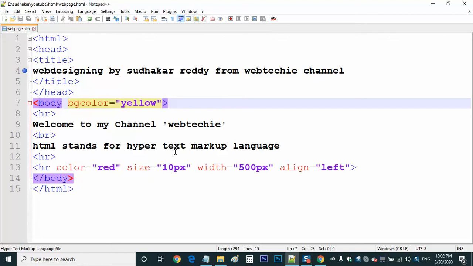So in today's video I explained how to add attributes for a tag, and every tag has different attributes. So we are going to learn the tags, we are going to learn the attributes, friends. In today's video, this much I can explain to you. In the next video I will be explaining different topics again.